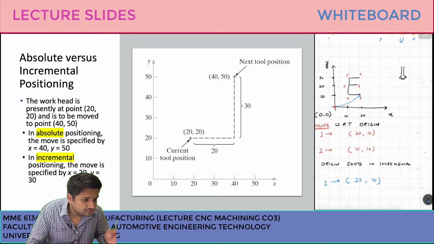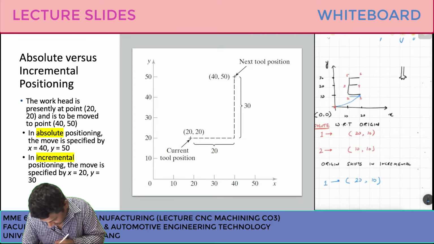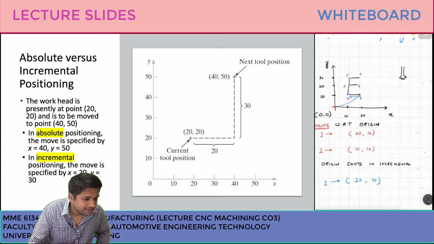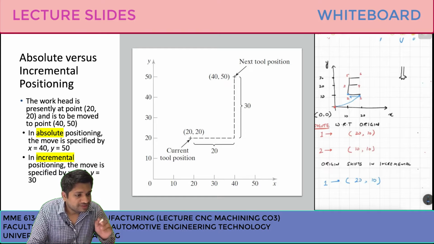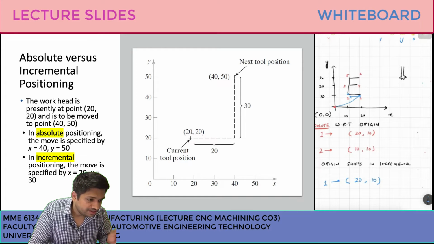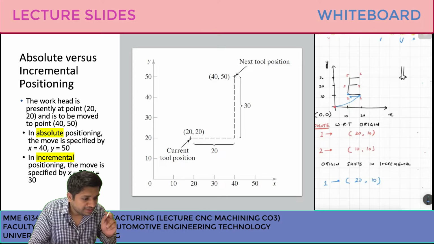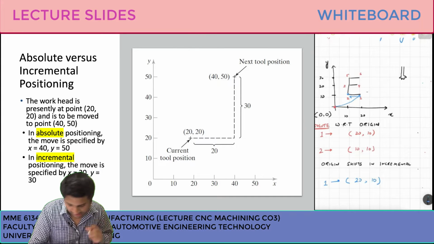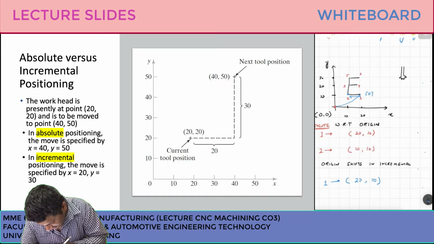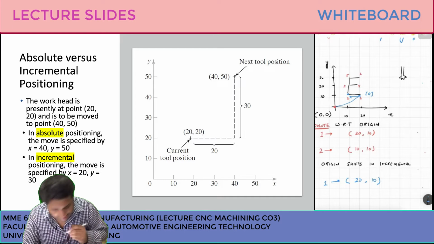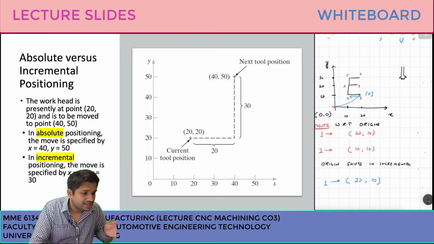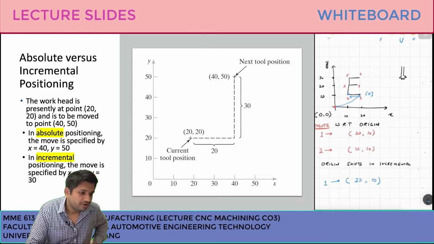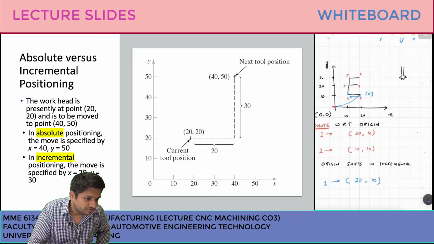Now my tool wants to move to point 2. When my tool wants to move to point 2, it is going to move with reference to point 1. So the origin for my tool becomes point number 1. With reference to point number 1, I will move to point number 2. So in this case, the coordinates of point number 2 will be,